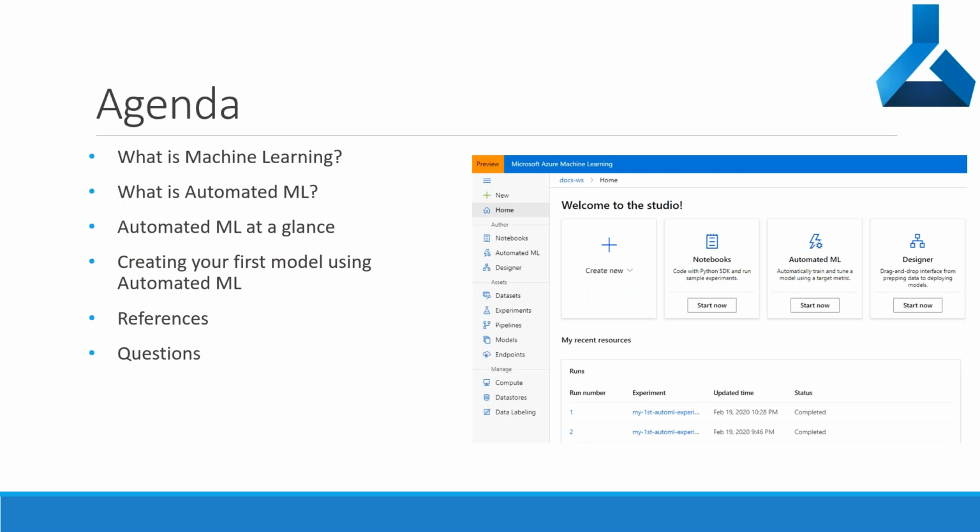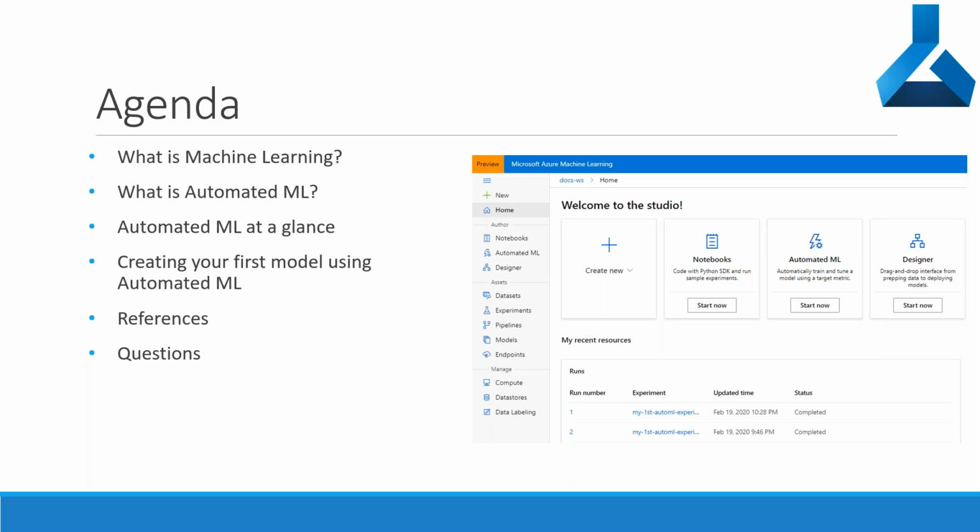Great. Without any further delay, let us look at the agenda for today's session. We'll briefly look at an introduction to what machine learning is and why it is a buzzword and why everyone is talking about it. We'll also look at what automated machine learning is, why there is a need for an automated machine learning process, and what advantage organizations are going to get with it.